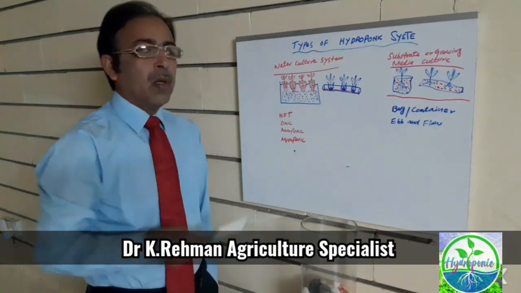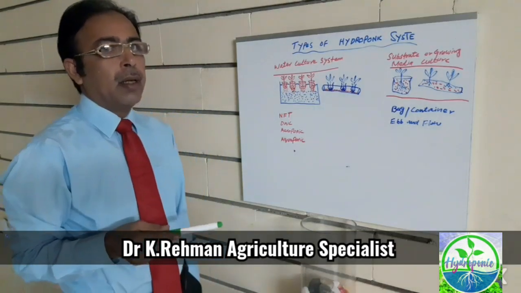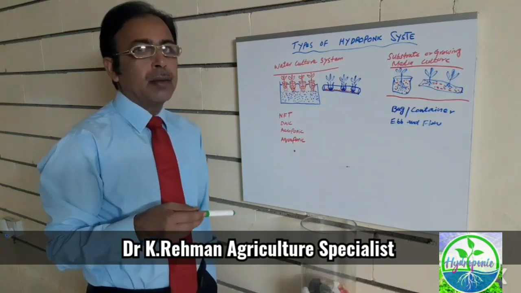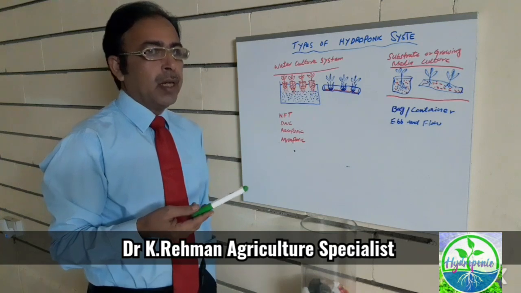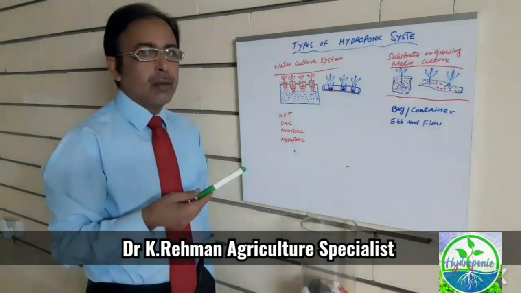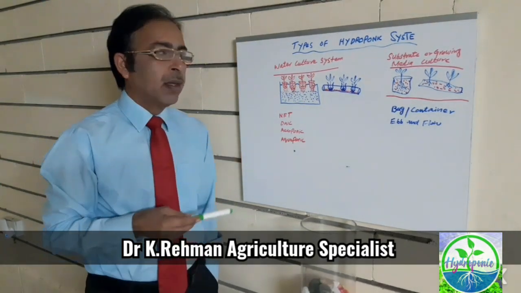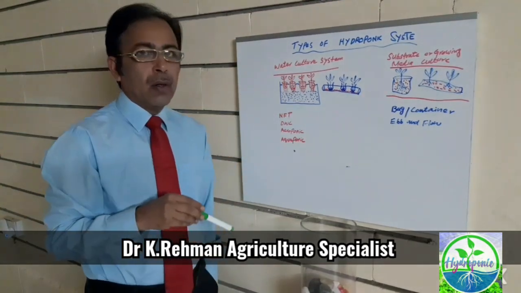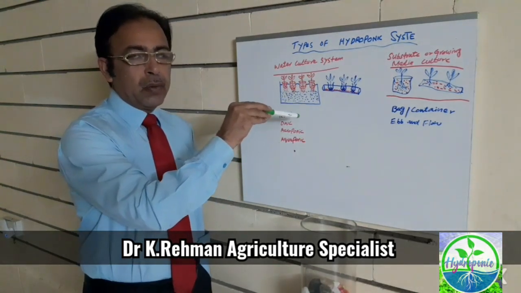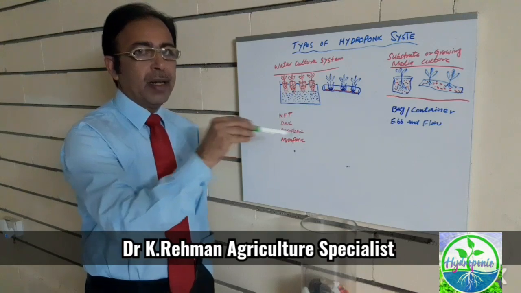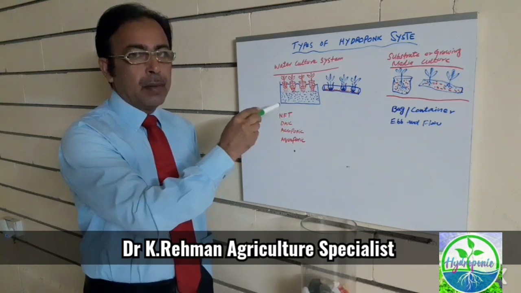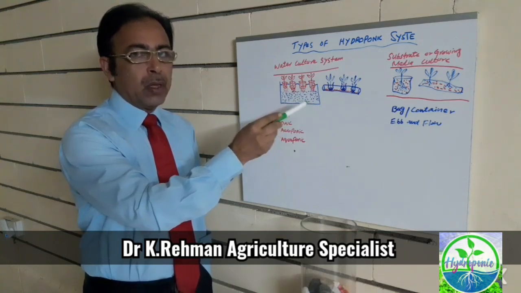In the water culture system, we grow plants only in nutrient solutions and provide support to the plants by some means, mostly a floating platform made of styrofoam. We hold plants on this floating platform and the roots are suspended in nutrient solutions 24/7. These nutrient solutions should be well aerated and temperature controlled.